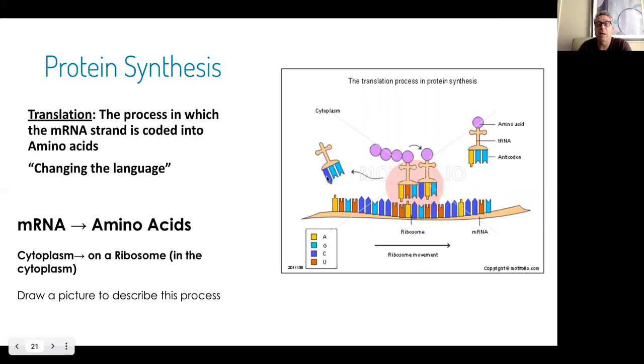This tRNA can go back. It dropped off its amino acid. It can go get another one. So it's pretty amazing how that happens. And we do have base pairing rules, and that's how the tRNA knows that it needs to drop it off, because it matches up with the